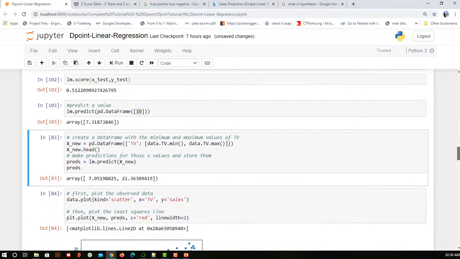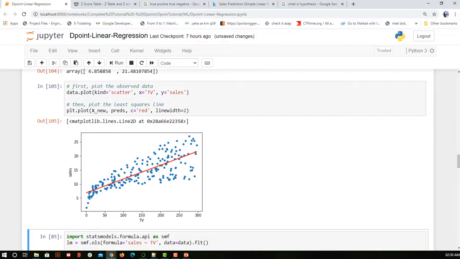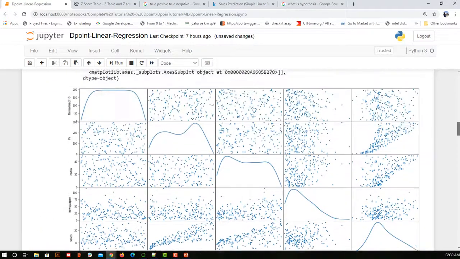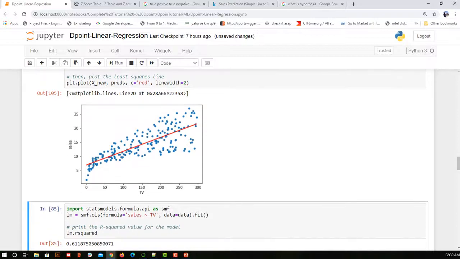Similarly, I am taking the minimum of TV and maximum of TV, and I'm going to plot it on the whole data set of TV so as to see how the line is going. So this was my complete graph. This graph is sales versus TV. On the sales versus TV, I am simply predicting the value of the minimum one and the value of the maximum one, and I'm trying to draw the line. So I can say this is my line equation. Instead of predicting and plotting the line, I can also plot the line y equal to mx plus c, but that's what I am doing here by predicting.